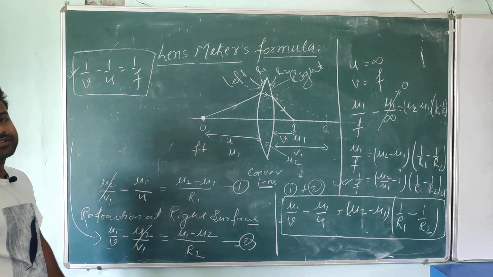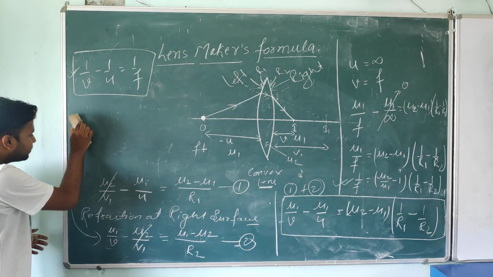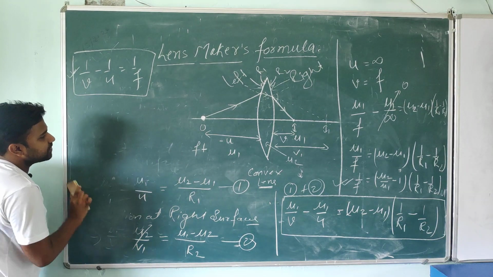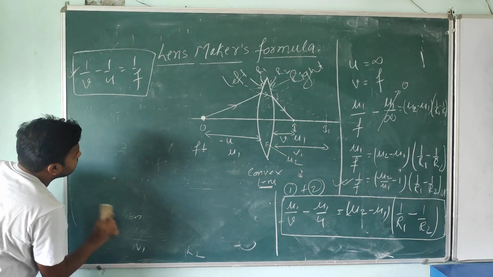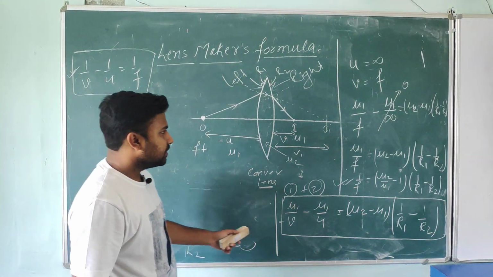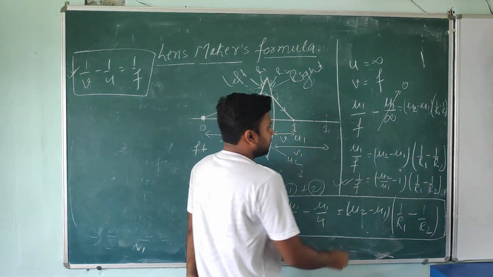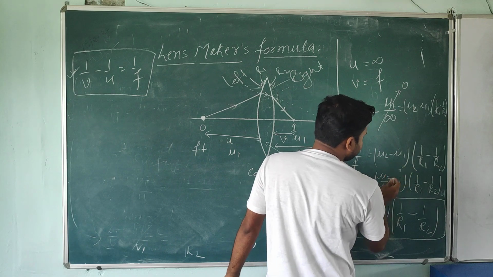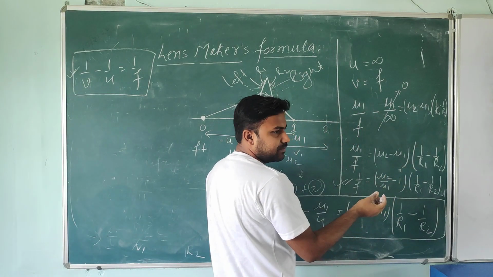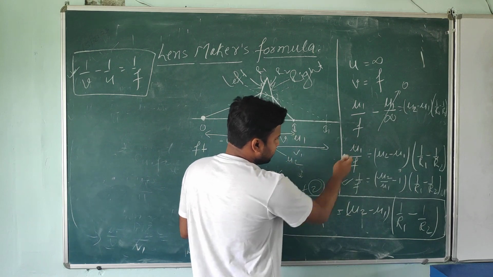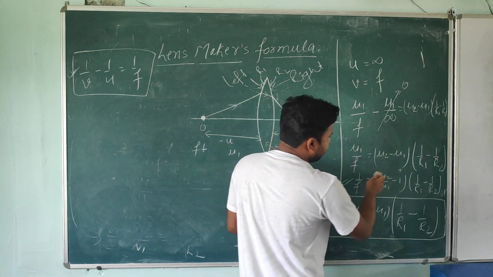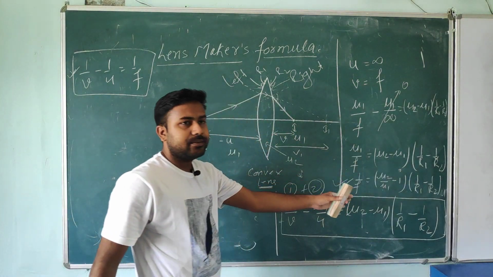And at that time teachers told you, in 12th class you will learn the derivation of this. This is the derivation. Okay students, now how will you get this? Look at this here. Left hand side is this one and this one, and on the right hand side we have the same quantity.